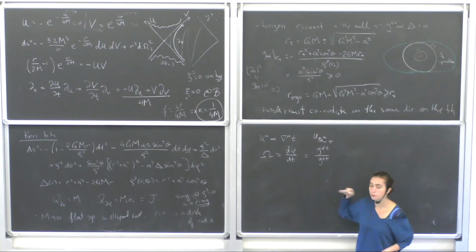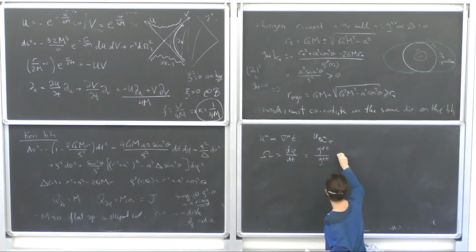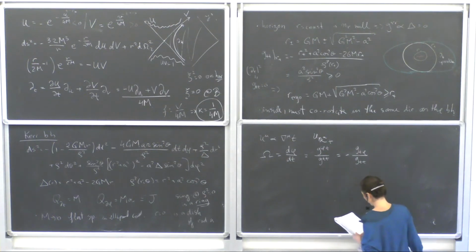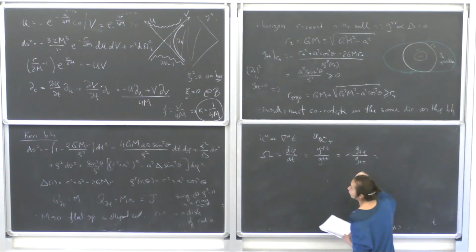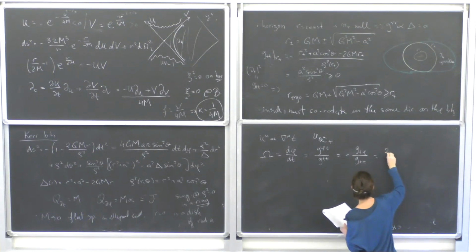I'm just saying that the forward velocity of these guys, the only non-zero lower component is t. So from that, you get this. And apparently, this is minus g_tφ by g_tt, if you know how to invert matrices. And now, let's just plug in what that is. So that's 2GMar